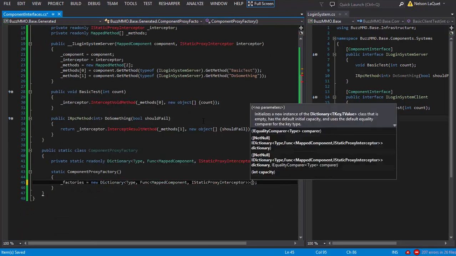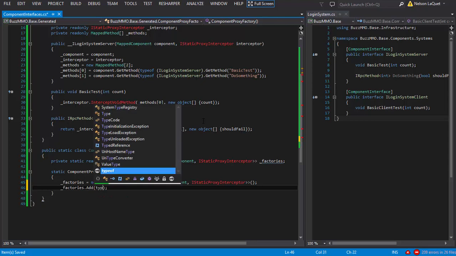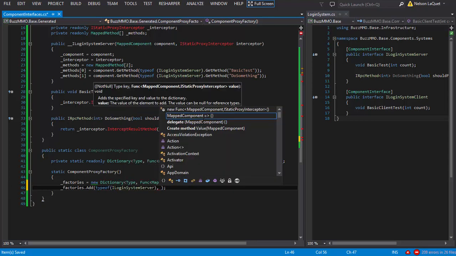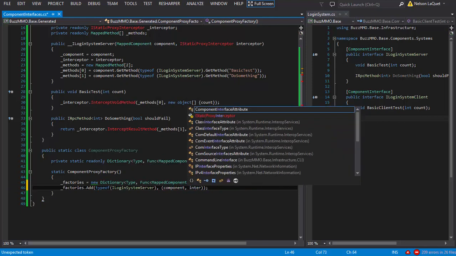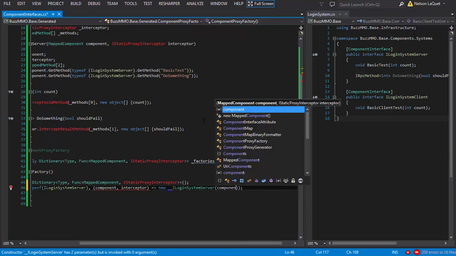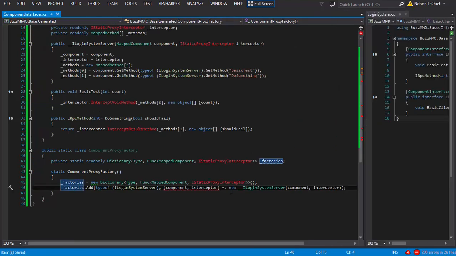So we'll say factories equals new, and then we'll say something like factories.Add typeof(ILoginSystemServer), and then we'll pass in a lambda that takes a component and interceptor, and goes into a new instantiation of _ILoginSystemComponentInterceptor. So basically that. And then at the end, we'll simply have a public static object CreateProxy that takes in